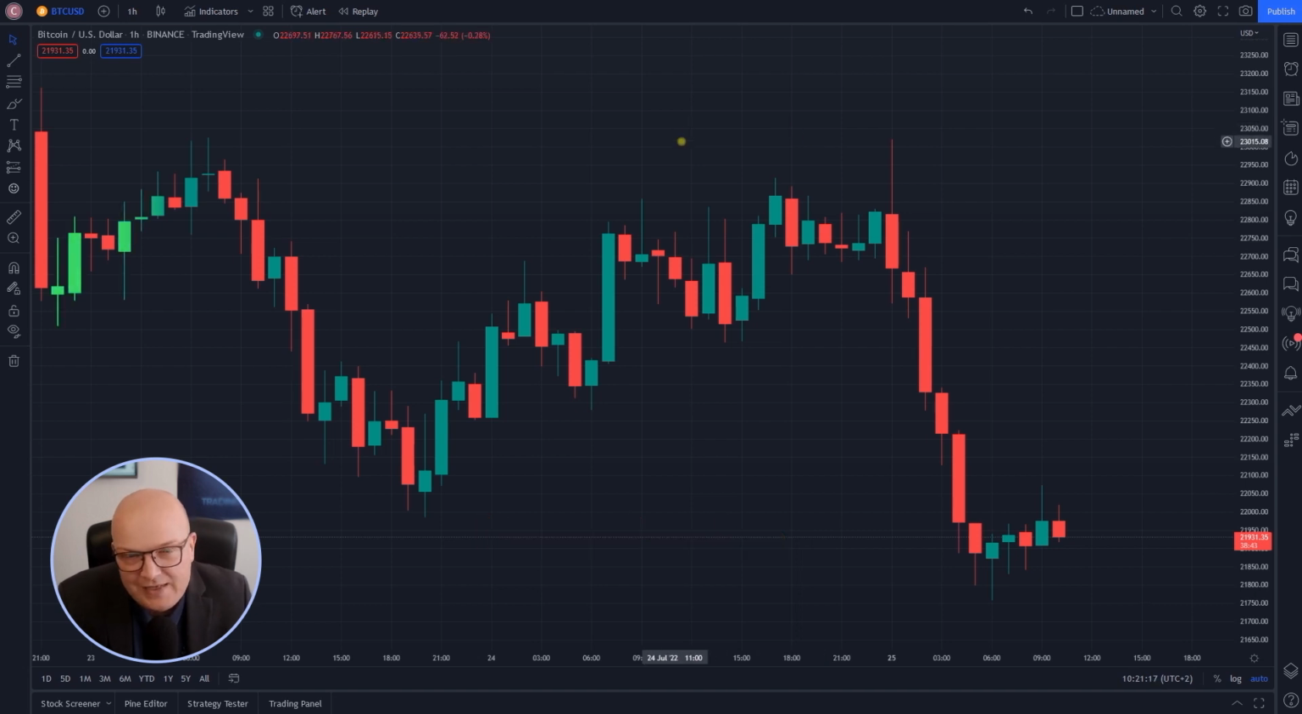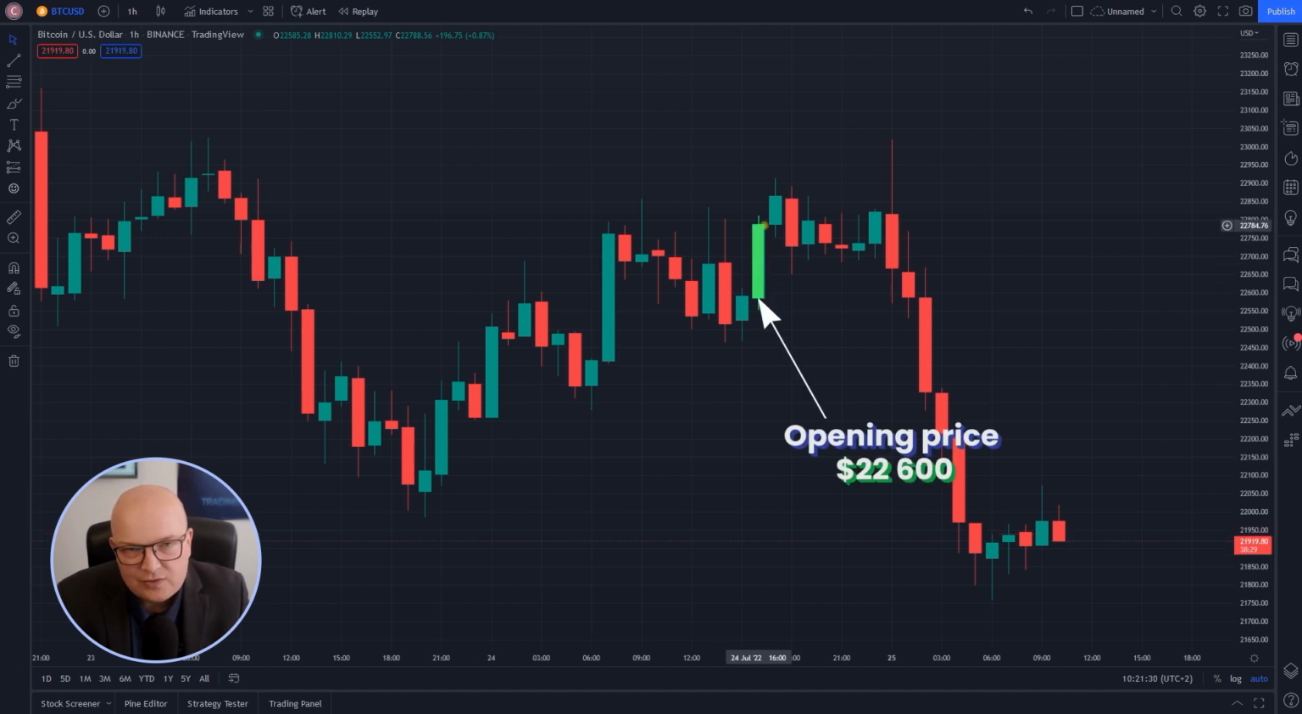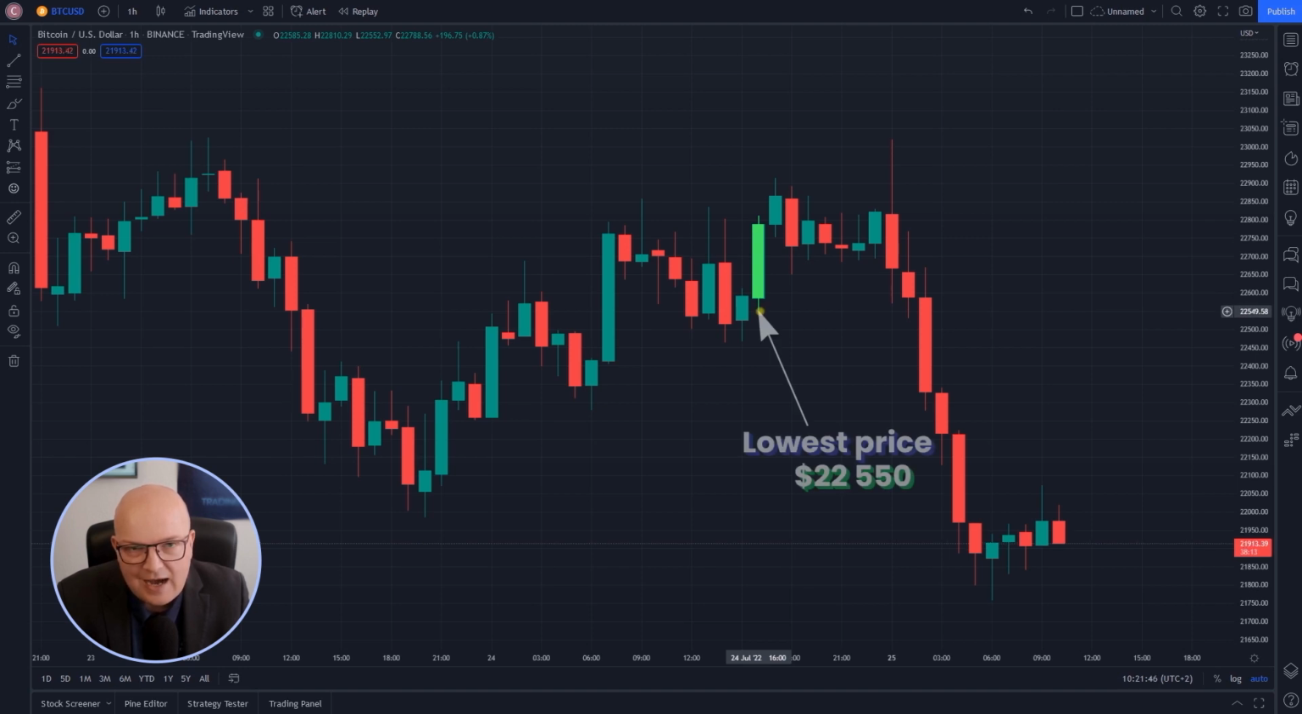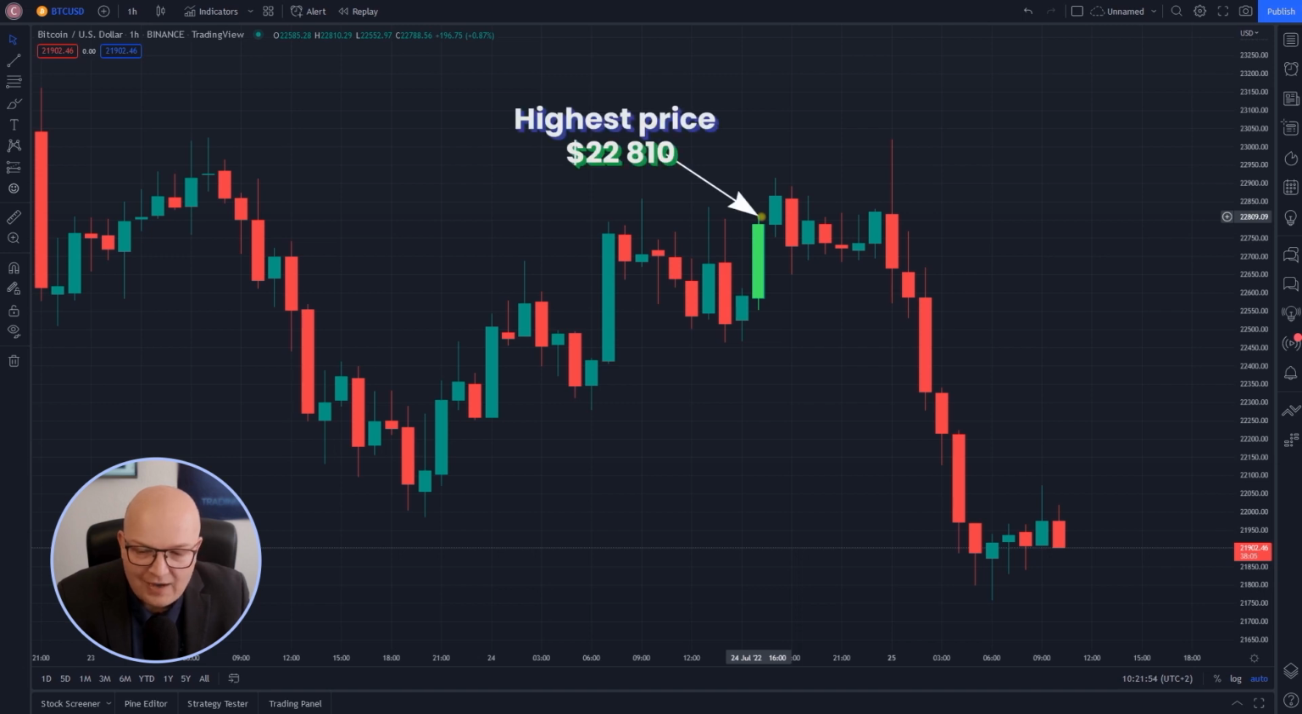If you see a green candle on a candlestick chart, that means that the closing price of that period was higher than the opening price. For example, in this candle, the price opened here at 22,600 US dollar and closed after an hour at around 22,800 US dollar. The wicks on the downside and upside, the little lines below the opening price and above the closing price, show the lowest price for the lower wick, around 22,550 for this time period, and the highest price at